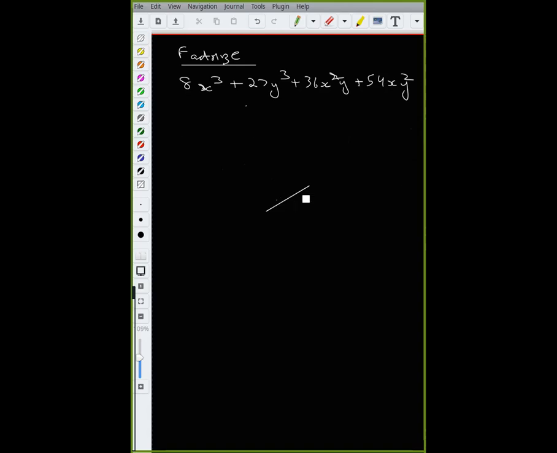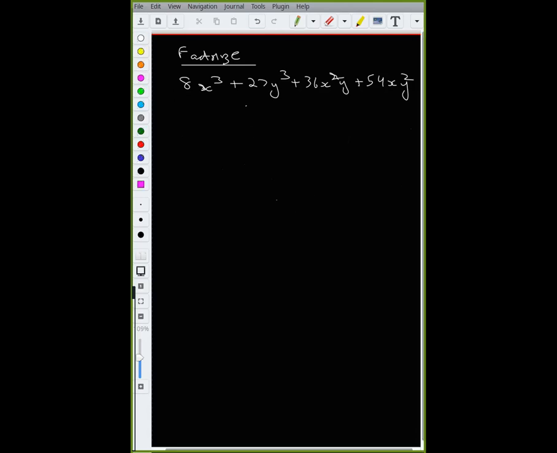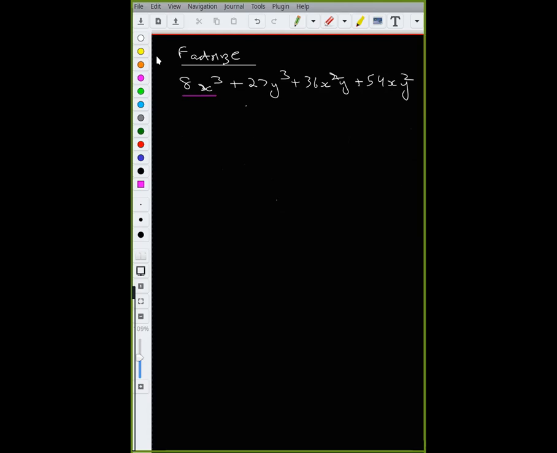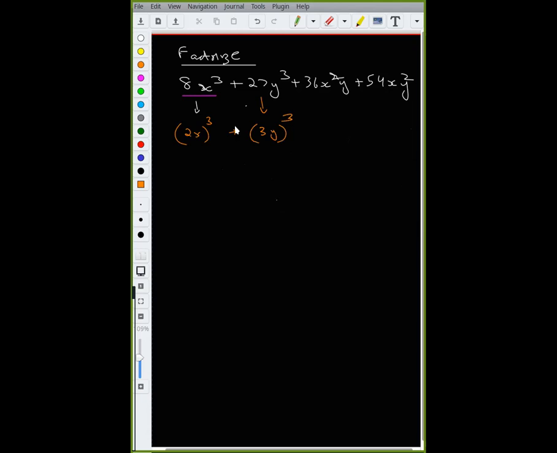If we look carefully, can you see that this looks like a cube? I can write this as 2x, the whole thing cubed, plus 3y cubed. So now you need to check: whenever we have a cube of a number, we have